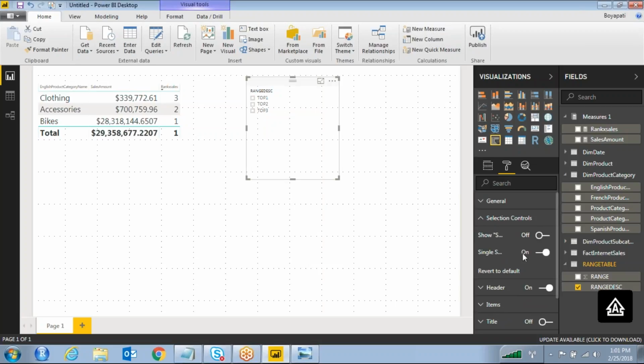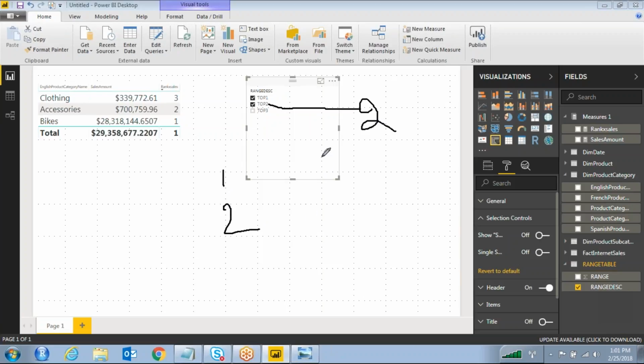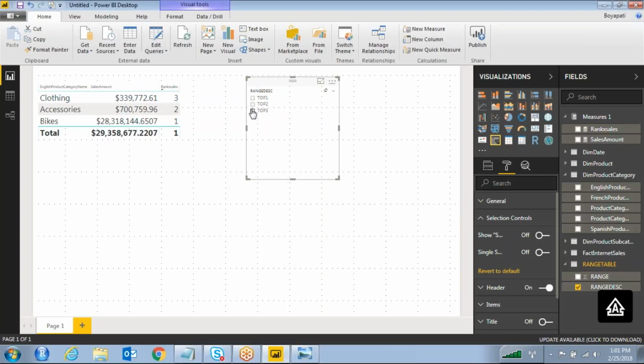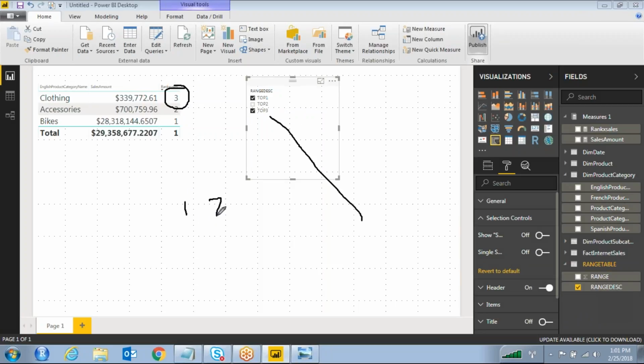go to select controls. If you are selecting top 1 and top 2 as well, in that situation what values does it have to show? It will take whatever is the top value, the maximum value, that is second, right? So until first and second it will display. And when you are selecting values like top 1 and top 3, what will happen is the maximum value it will select, rank 3, and until 1, 2, 3 all it will show. So how can we write down that